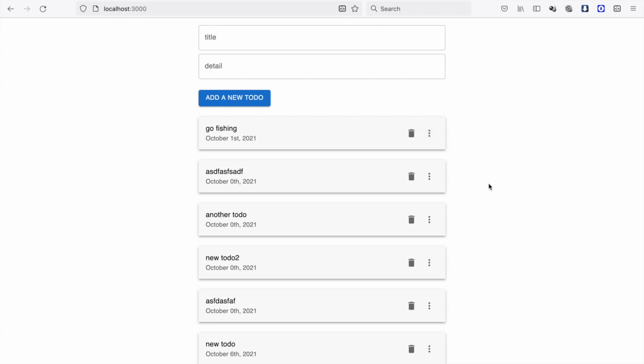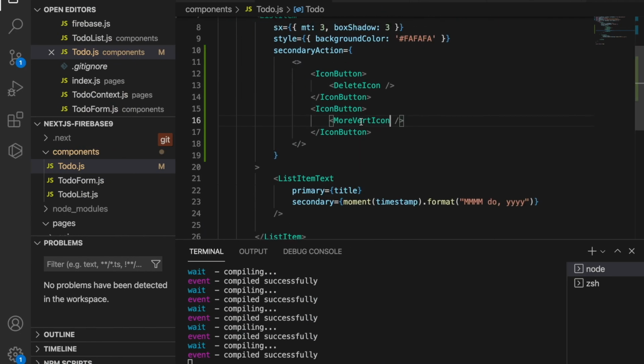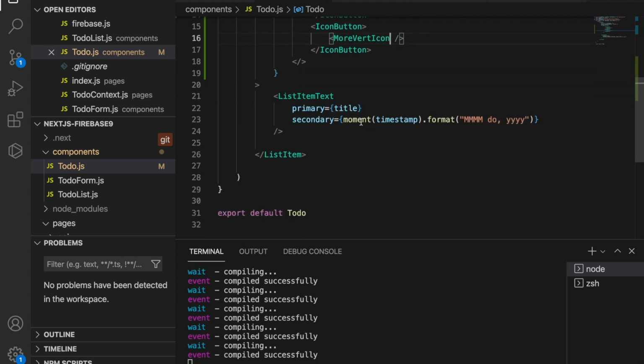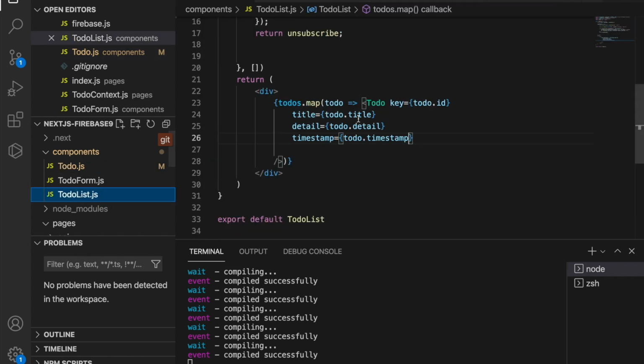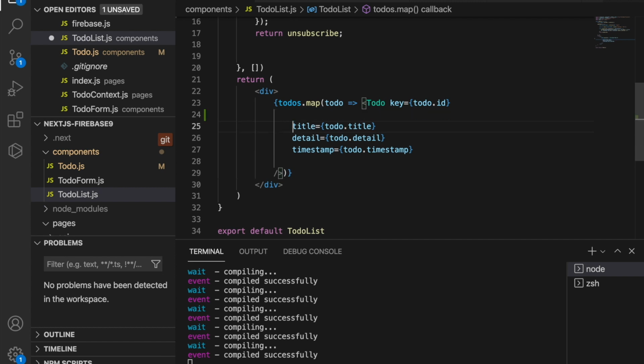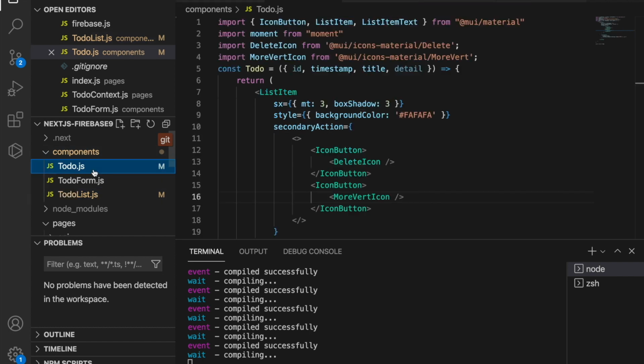So now we are going to create the delete function, and because we have to pass the ID to our delete function later, and at this moment we do not actually have the ID. If you look at the to-do list, we haven't passed the ID, so we have to add the id equal to todo.id, and back to our to-do items,